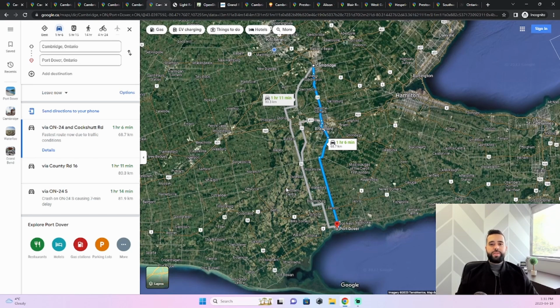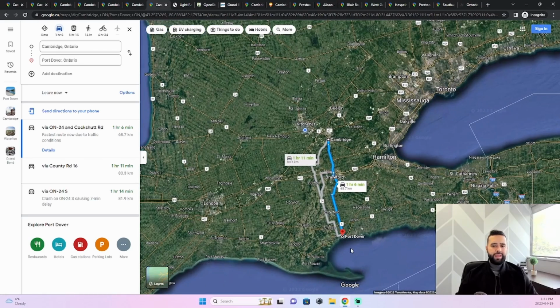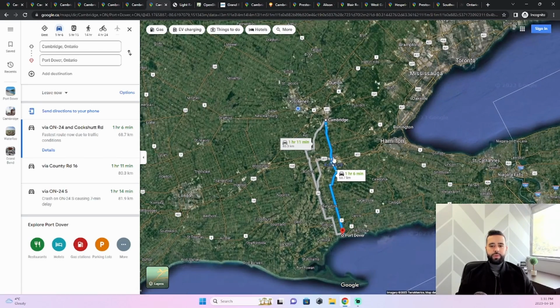And then, of course, with the weather warming up here, coming into the summer months, you're probably looking at getting away from the city and maybe potentially going to a beach. An excellent option here is Port Dover, which is located on Lake Erie, about 1 hour south of Cambridge. Cambridge is a great location in this regard, as it's a bit better than Kitchener and Waterloo,